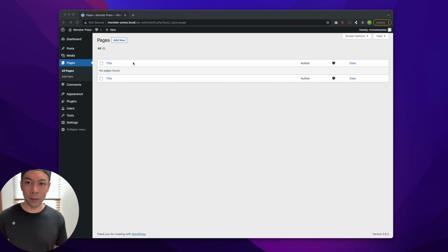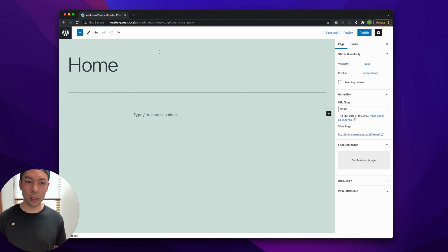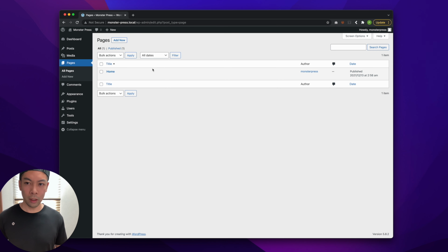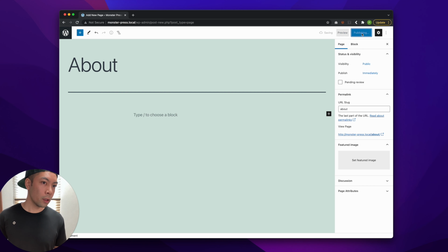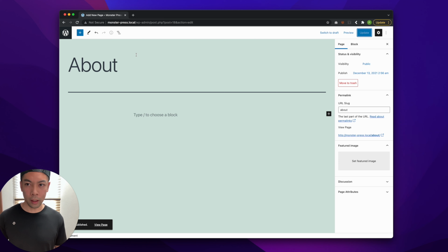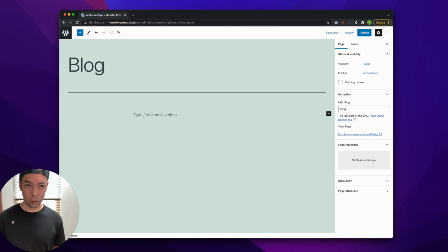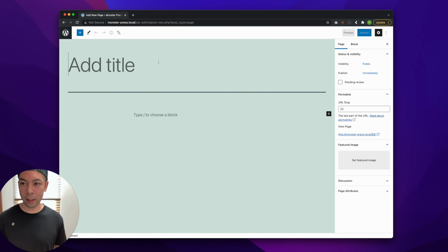So let's just go ahead and add that in. So I'm in pages. We're going to go to add new. And then we're just going to be adding in the page title for now, just empty pages, and then publishing that. Okay, and we're going to repeat this process for the other 3 pages. So we're going to do this for about. We're also going to do it for blog and contact. So let's go back. I'm going to go add new, blog, publish. Finally, we have contact